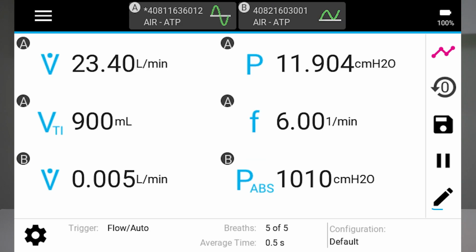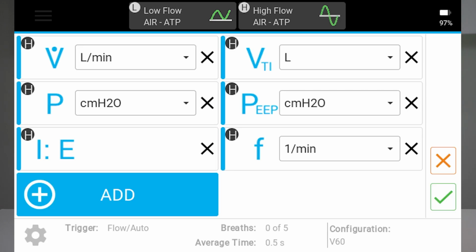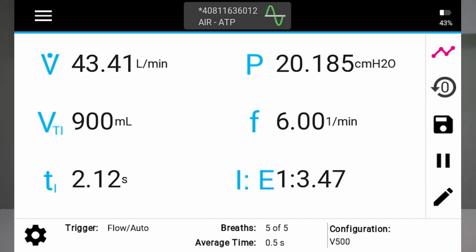The pencil icon in the right navigation bar is another way to change your measurements other than pressing on the measurements themselves. Press the pencil icon to edit your parameters or units of measurement. Lastly, we'll talk about the menu options, which can be accessed by pressing the hamburger icon located in the upper left corner of the screen.